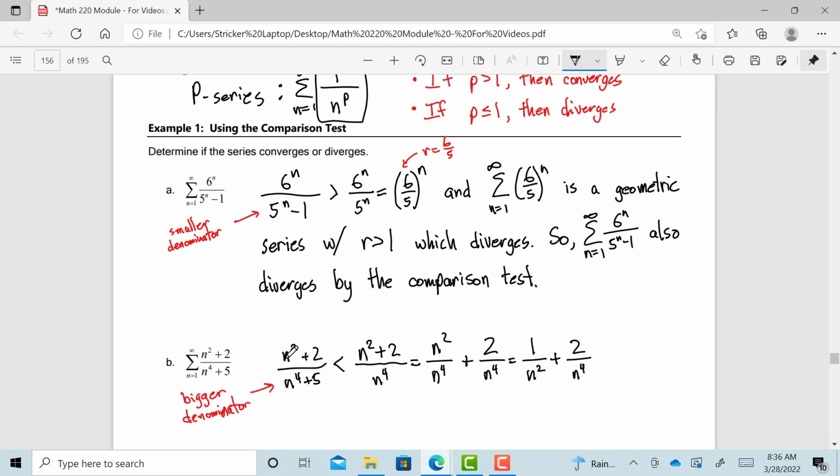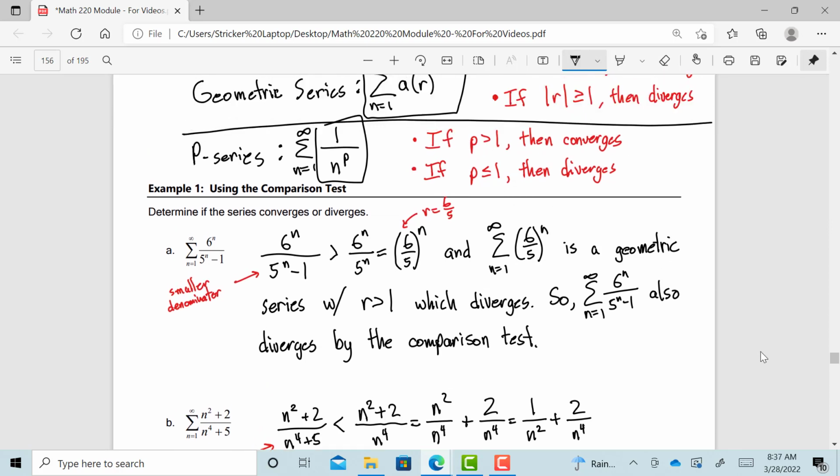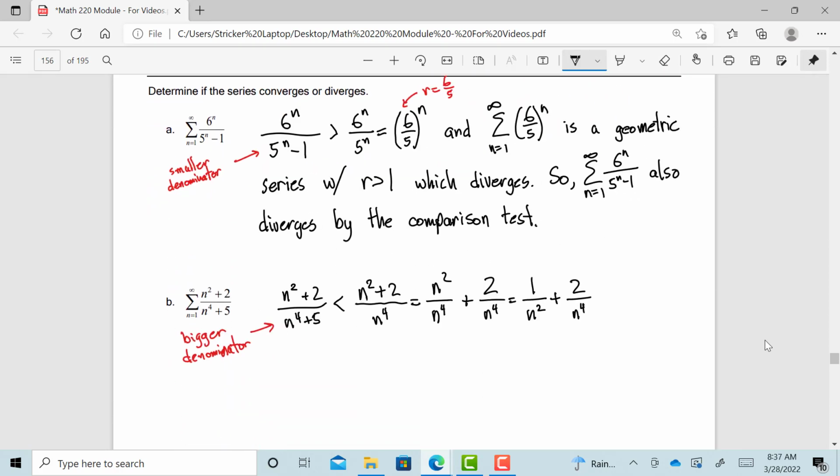And the beauty of that is now we have the sum of 2. If we were to make these into series, if we were to add all these terms, both of those series would be convergent P series with P greater than 1, right? P series, if P is greater than 1, then it converges. So we can say this: both